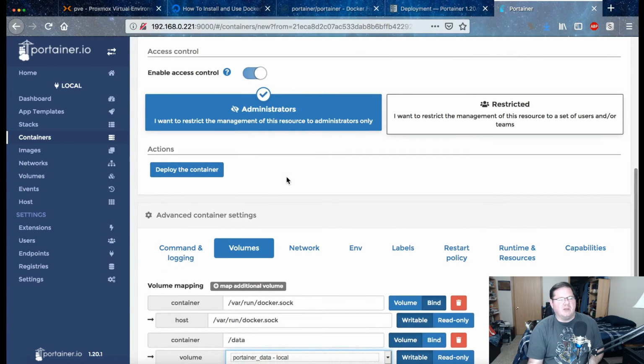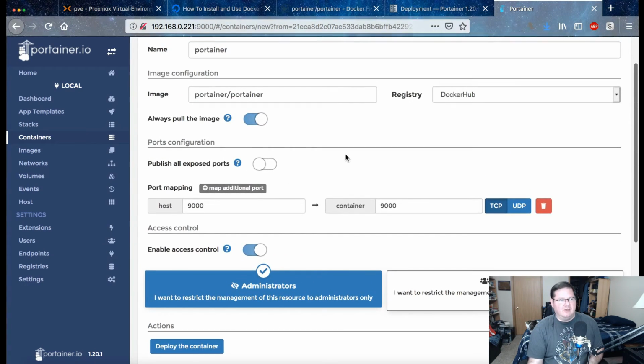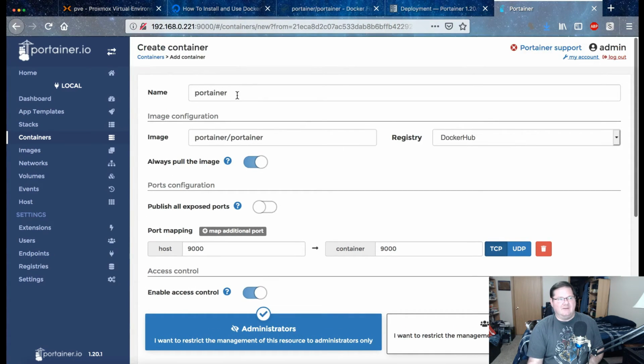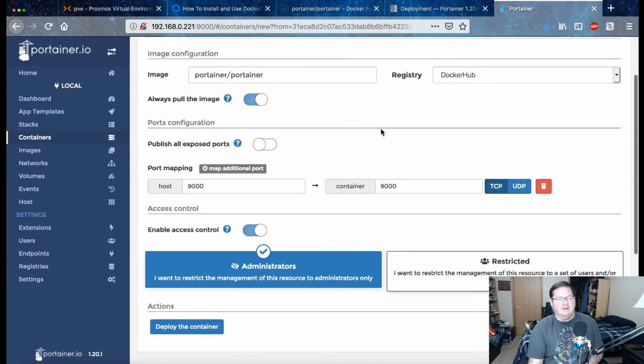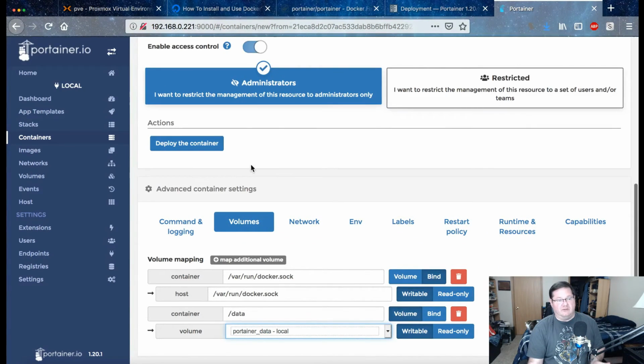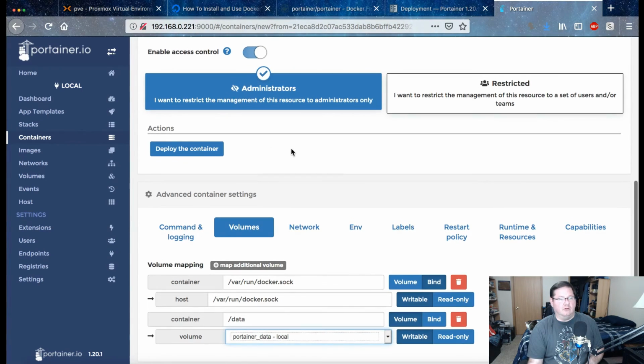But also, if you like a container and you want to try out a different configuration, but you don't want to kill the current one, you can actually make your changes and give it a different name here, call it -test1 or whatever you want to call it. And then, whatever the changes are that you made, or if you just wanted two different versions of the same type of container, maybe with a different port to try out, you just hit deploy container, and it will just stay on